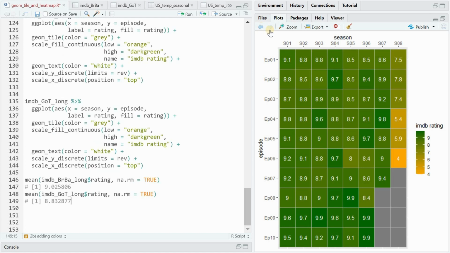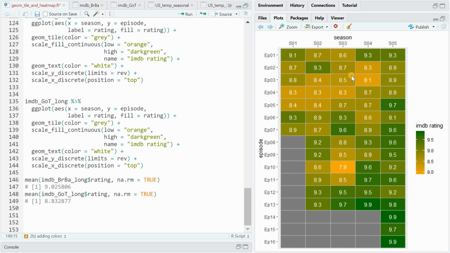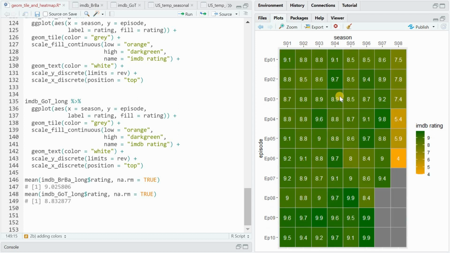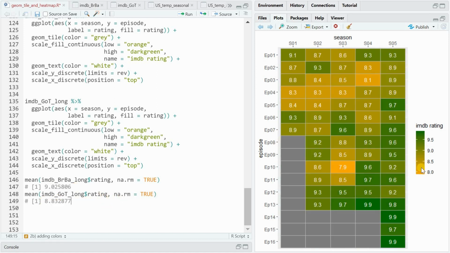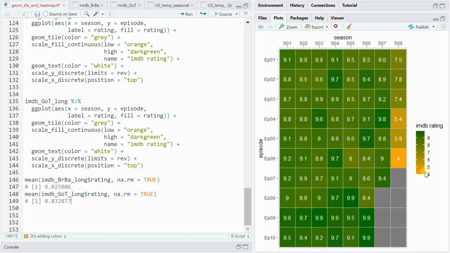If you would just compare these different charts, then it would look like Game of Thrones was overall better because there's more green, but the average rating for Breaking Bad was actually slightly better than for Game of Thrones. And ggplot will use the smallest value and the largest to come up with this color scale. And since it spreads out for Game of Thrones down to 4, most of the higher rated episodes get a very strong green. To fix this, there are 2 different ways.